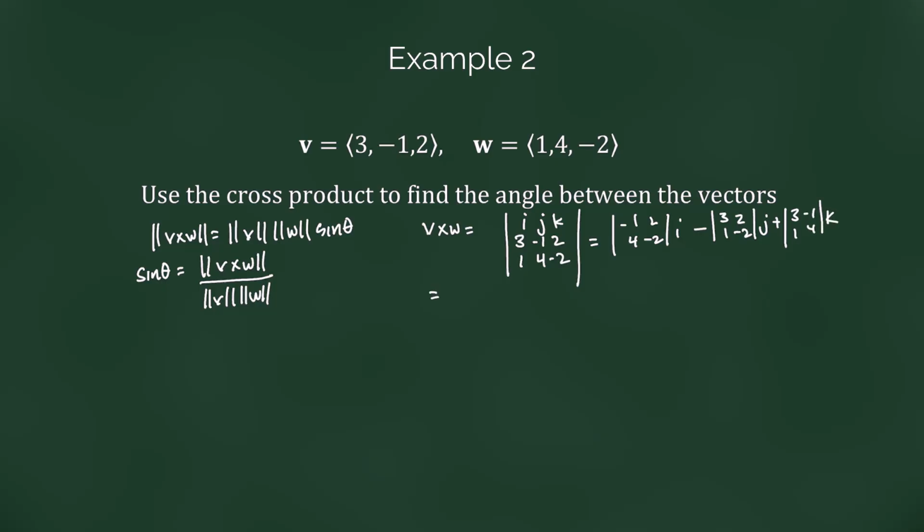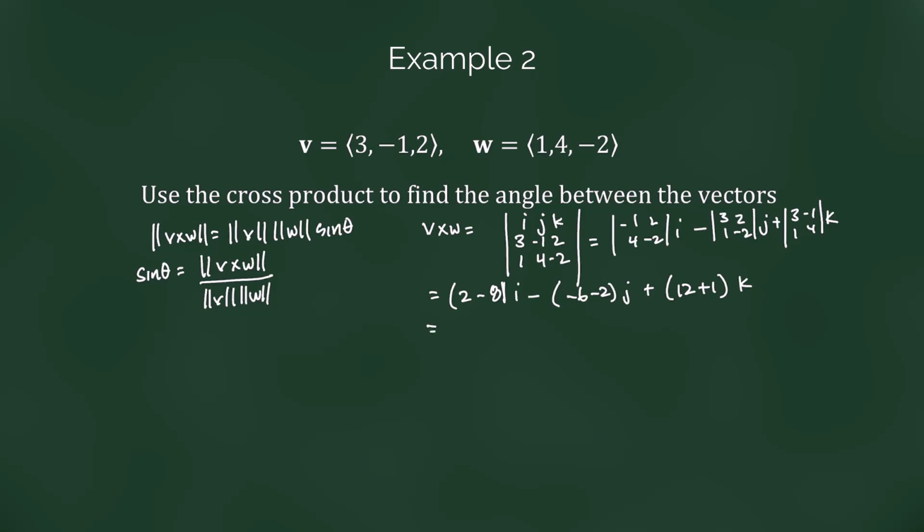Working that out by multiplying, we get 2 minus 8 times i, minus negative 6 minus 2 times j, plus 12 minus negative 1, so plus 1 times k,